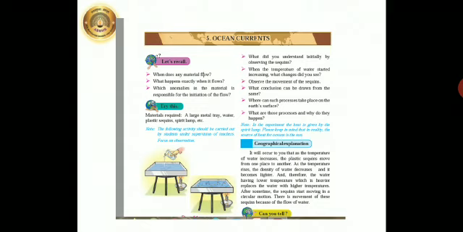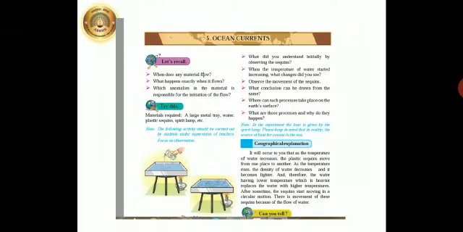Now, why did we conduct this experiment? This is to know what actually happens on the surface of the ocean water. The only difference is that the source of heat for the water in our experiment was given from a corner. But the actual source of heat on the ocean surface is the sun.